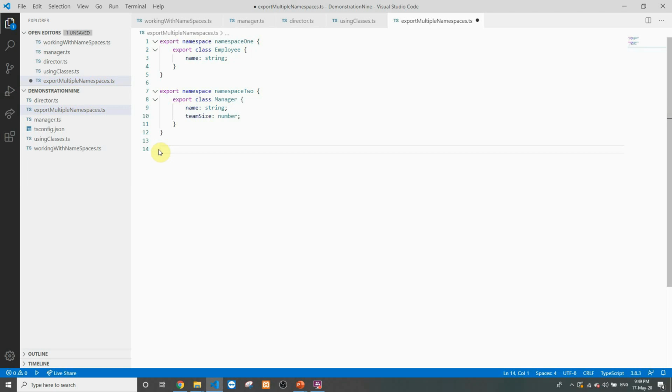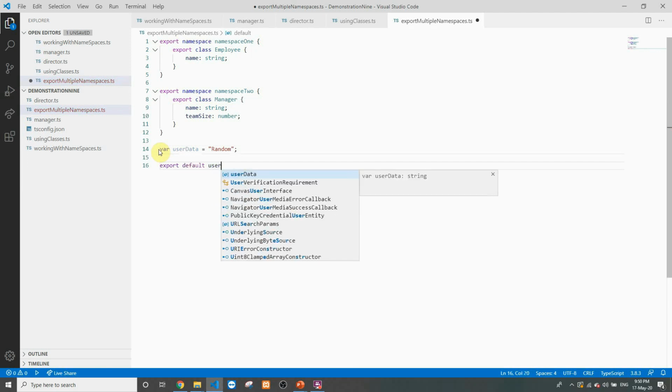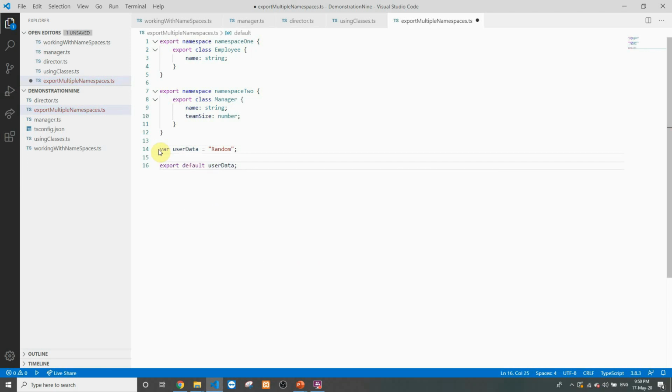So let's export some default value from this particular class. So we'll create var user data equal to, let's say, random, and we'll export this particular property as default. So we can write export default user data. So out of this particular file, we are exporting two namespaces and one default user data.